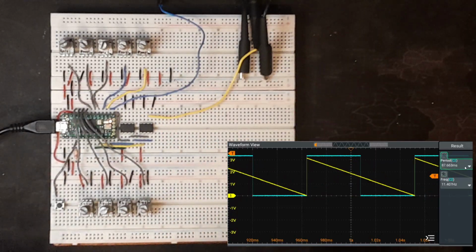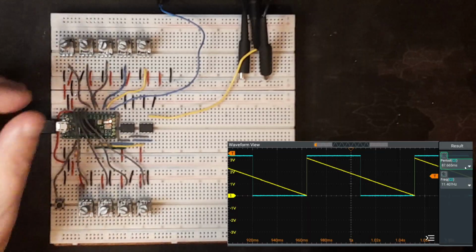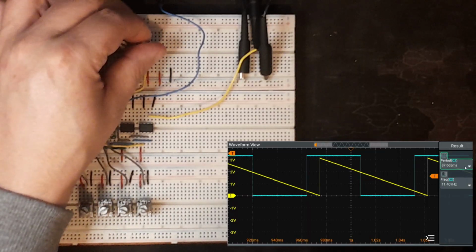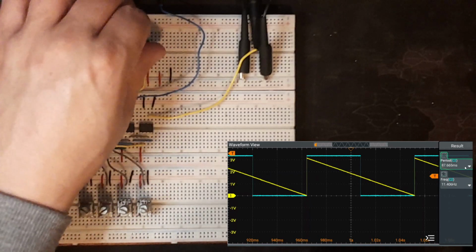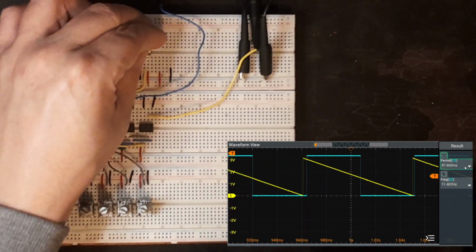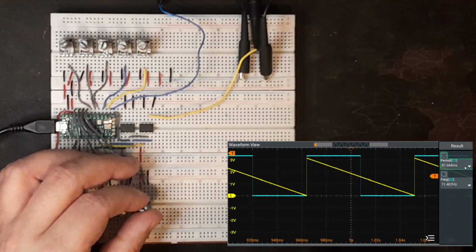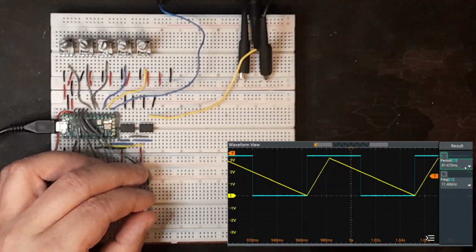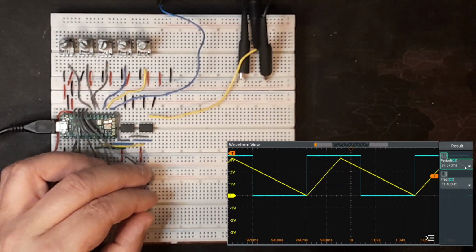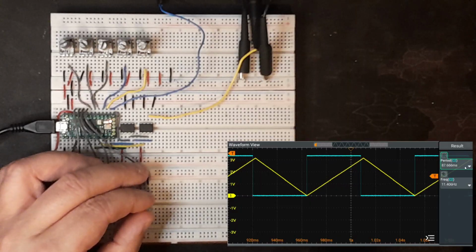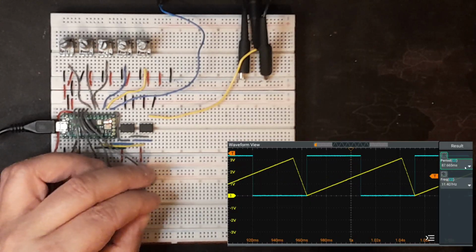And then on channel 4, I've got phase control for that. And that can morph to a triangle wave from a ramp down to a ramp up.